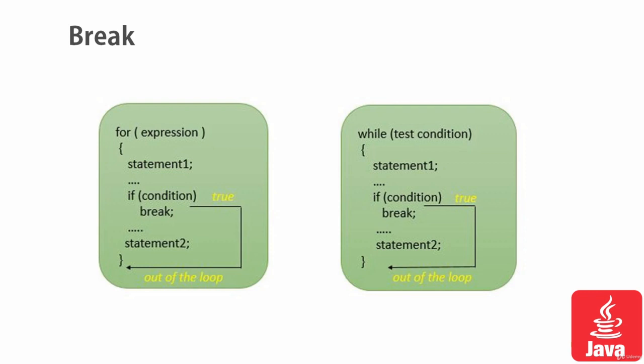This is a typical scenario. In the for loop, we have different conditions. Let's say if else, and we have placed a break statement just after the if. If a condition has matched, it will break the for loop and move out of the loop. If it does not match, it will continue normal execution. Similarly, we can place it in a while loop, in any case or control statement.